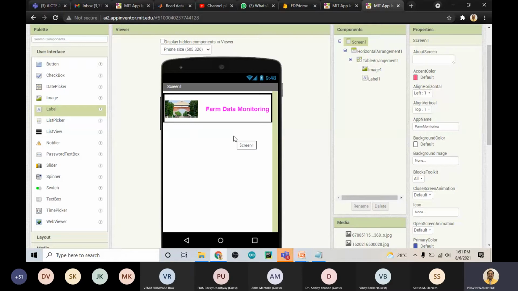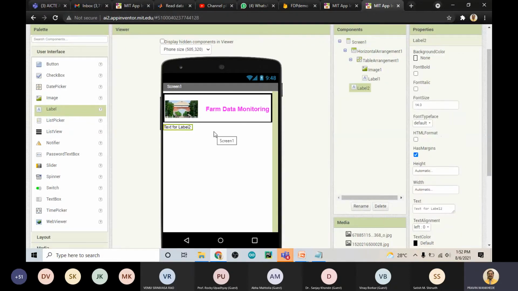So what actually we will do, we'll just take a simple label from here. I will add that label here at the bottom. Even if you have not done this farm data monitoring label, don't worry about this. You just put one label here, this label.